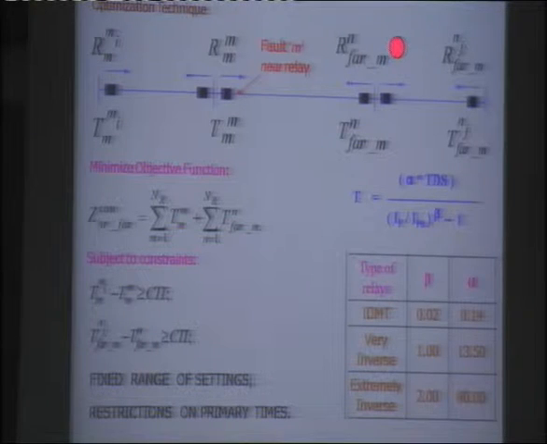But the problem is that the same relay, which is at the moment a backup relay for this fault M, will for a fault near that relay also come into picture as primary relay. At that time, its time of operation should be high. But here, the time of operation as backup relay should be greater than that of the primary relay. So the same relay may act as primary relay at one location, and it may act as backup relay for many other primary locations. But the setting of the relay has to be the same to perform all such conditions.